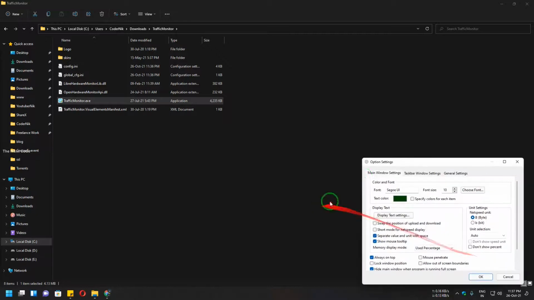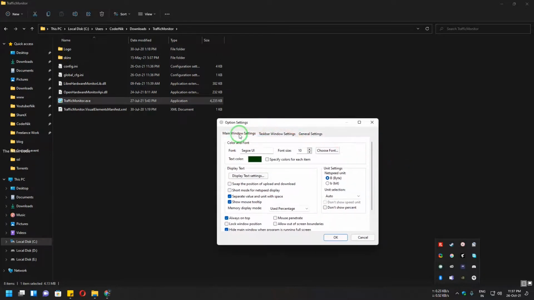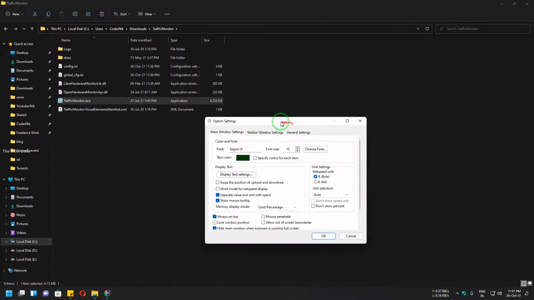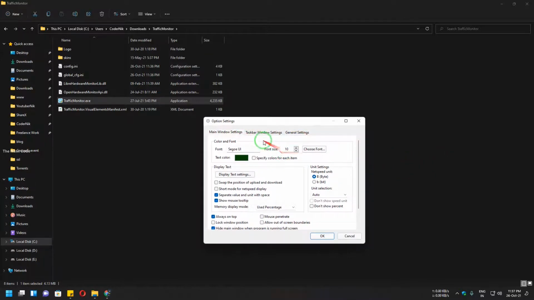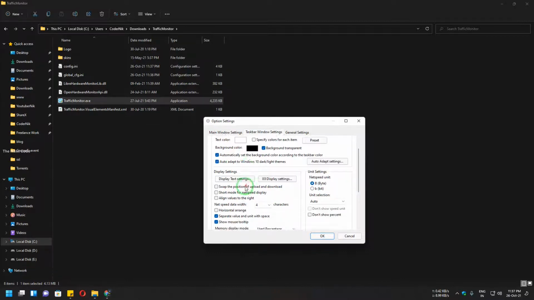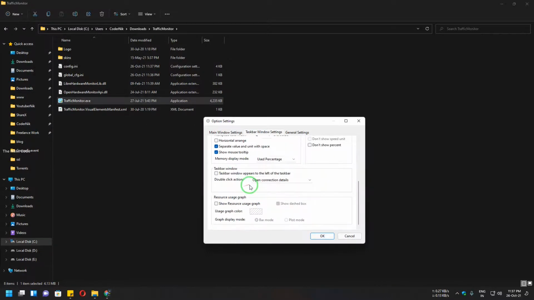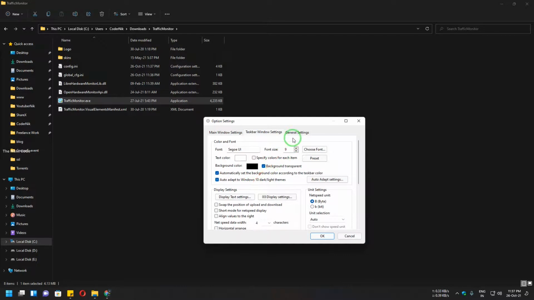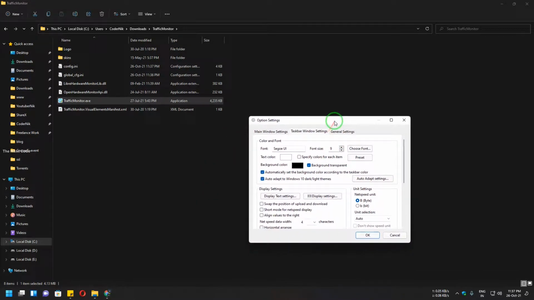So yeah, there are three tabs in the settings. The main window setting, which is the window we just hid, and the other one is the taskbar window setting. You can play with the settings over here, like checking some options as per your likes. Basically what will happen is, whenever you restart the computer, it will be gone.